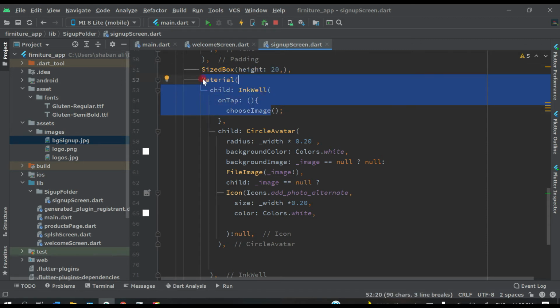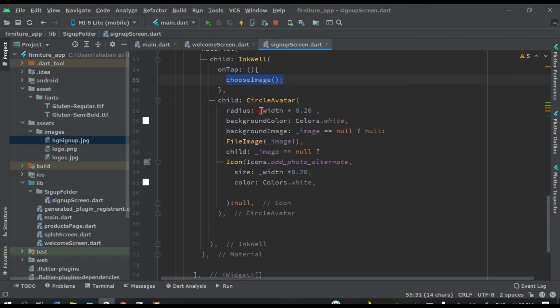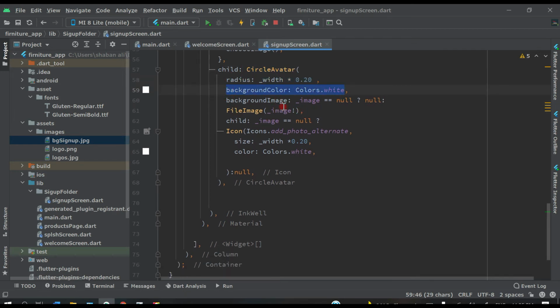So this is a widget. Inside this Material widget, we have this child InkWell. It is used to choose an image, and inside this InkWell we pass our function so that the user can access the phone gallery. Then after that we have this child CircleAvatar, and its radius, and background color white, and background image.